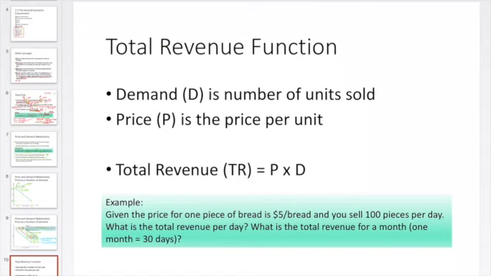If you sell your bread at $5 each and you sell 100 bread per day, your revenue income equals to what? To 100 times $5, which is $500 per day. That's your income, that's your revenue. Easy. So total revenue